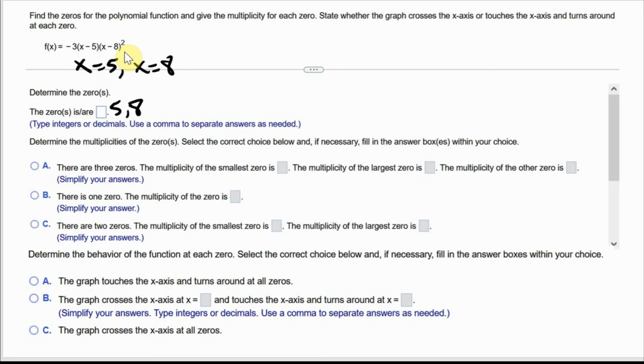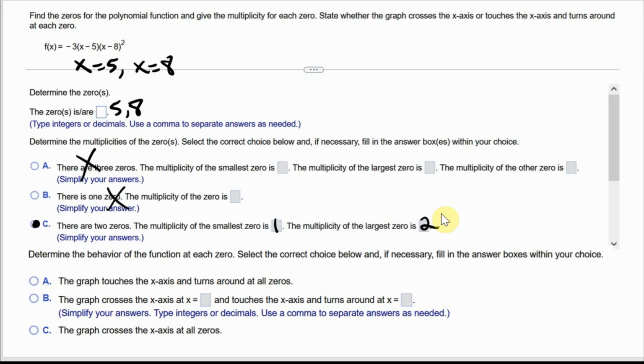So we have 2 zeros. The multiplicity of the smallest zero, which is 5, is that it has the power of 1. The multiplicity of the largest zero, which is 8, we got a power of 2. And then